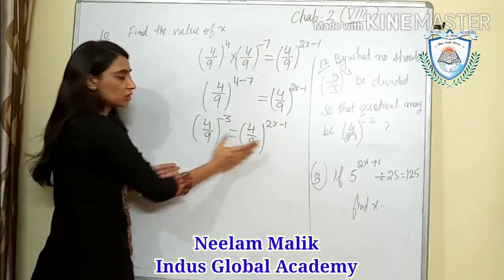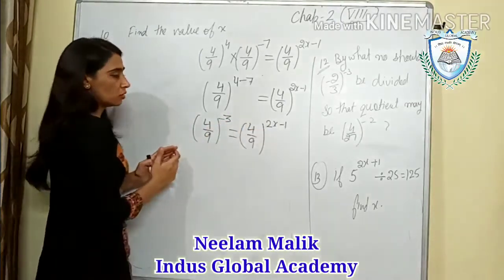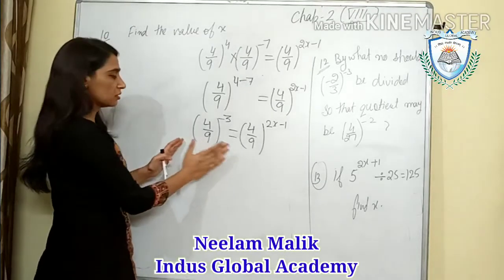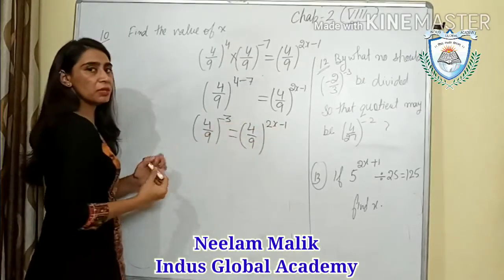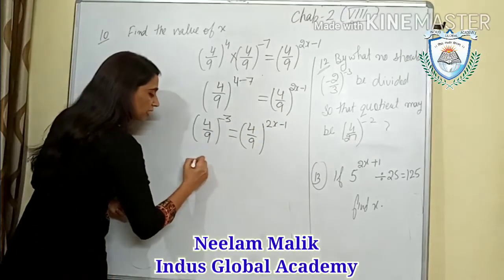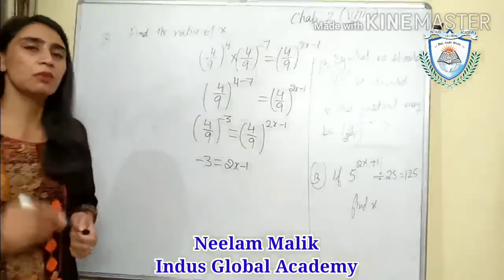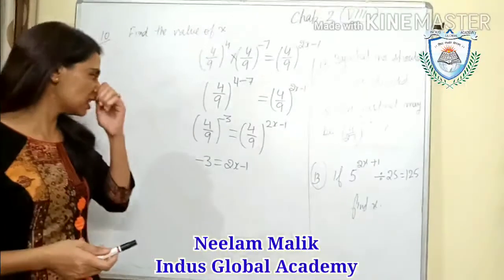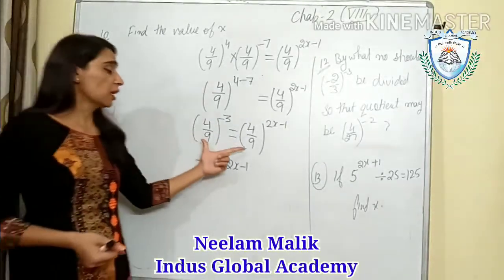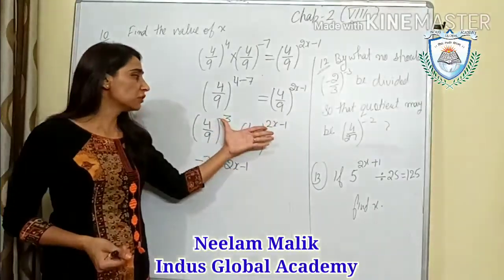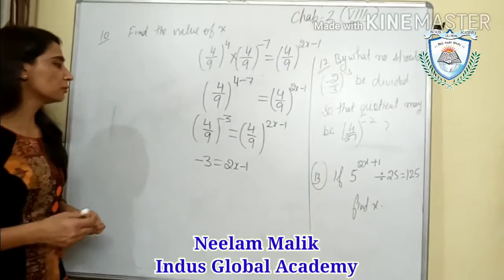Yes, it's visible to us. This is equal to this. Okay, so it will also be equal to this. Only in that case they will be equal. Yes, bases are the same. Powers are different, but they are equal. So that means their powers will be equal. So what will we do here? We will write here minus 3 is equal to 2x minus 1. Means simply what you have to do: if the bases are the same and two numbers are given on either side, both having the same base and different powers, you will just put their powers equal. Minus 3 is equal to 2x minus 1.